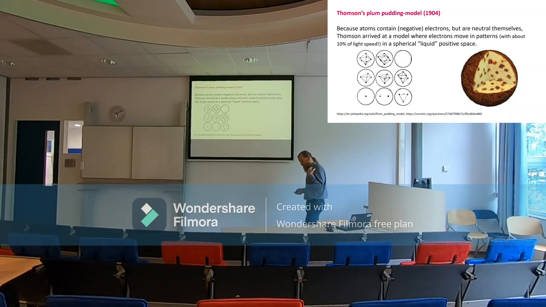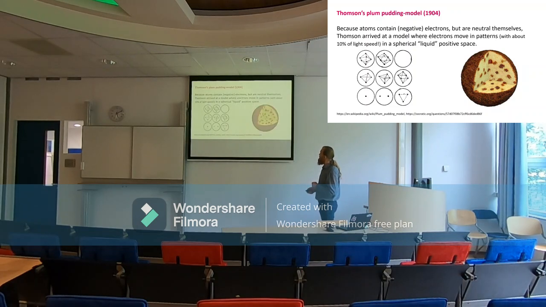So the British dessert plum pudding basically is not a pudding, it's sort of a bread thing, and there are no plums in it, they're raisins. I can't help the name, but it was called the plum pudding model. In Dutch we have a similar thing that looks like this. But basically this is Thomson's model of the atom, and the raisins here are the electrons, moving through this atom